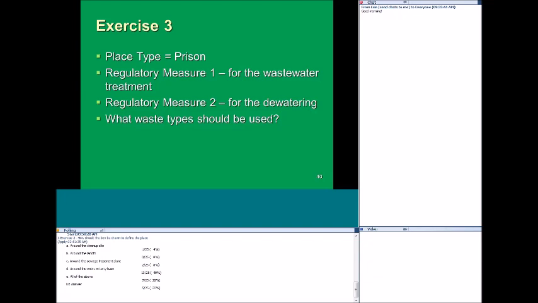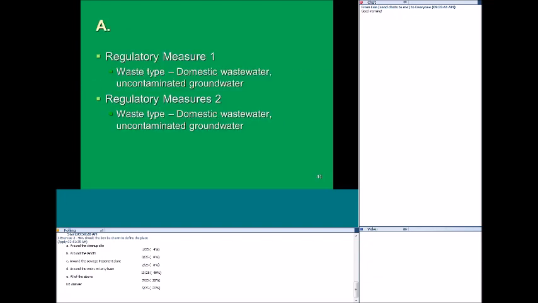So what waste type should be used? The first option is that for regulatory measure 1, you assign the waste type of domestic wastewater and uncontaminated groundwater. For regulatory measure 2, you use the same both options, domestic wastewater and uncontaminated groundwater.